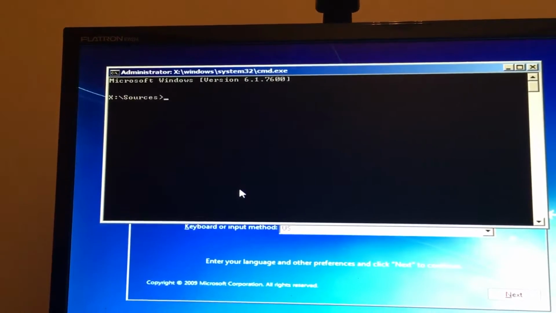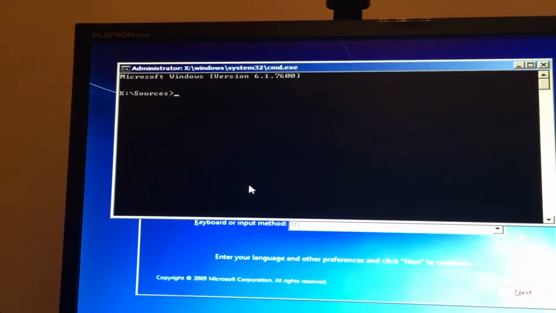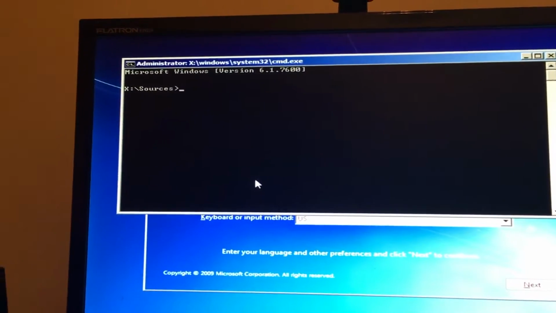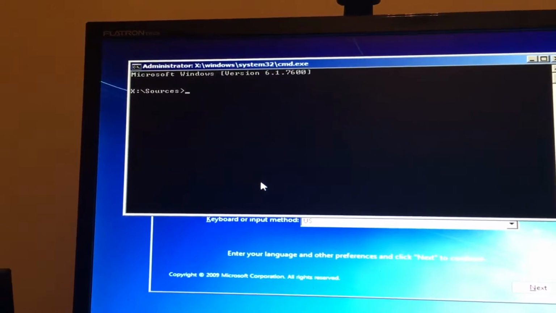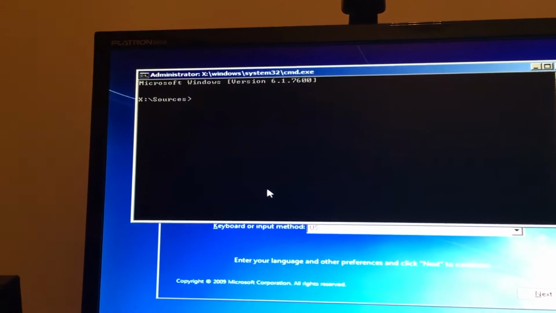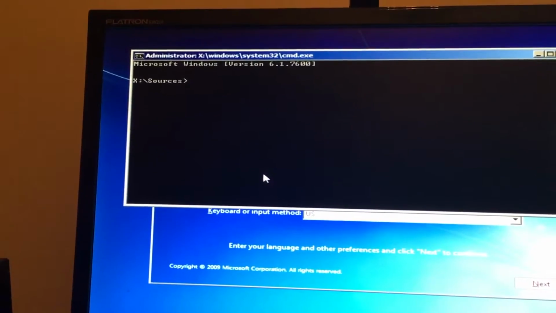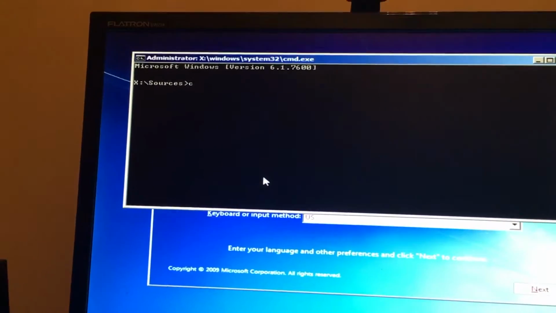The system reserved drive will be first. In my case, I don't have a system reserved drive. But if you don't know if you do or not, you can type in letters until you figure out which drive it is by hitting, for instance, my drive, letter C, C colon,